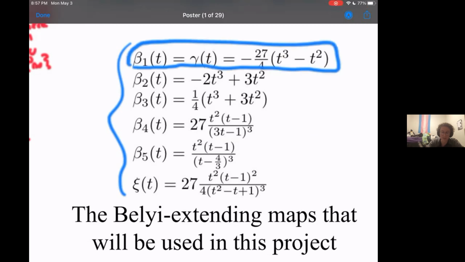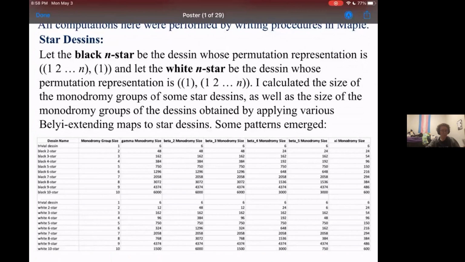So again, I applied all these maps to the star Dessins, and some interesting patterns came out. I didn't always calculate exactly the monodromy group of all of these Dessins, but I calculated the size of the monodromy group, because it was easier to get the computer to do that for me. If you'll notice, the black Dessins and the white Dessins always have the same monodromy group, because in both cases,